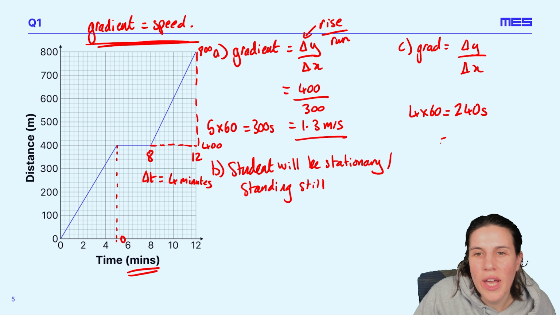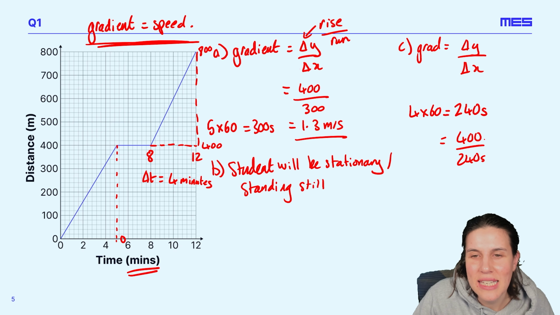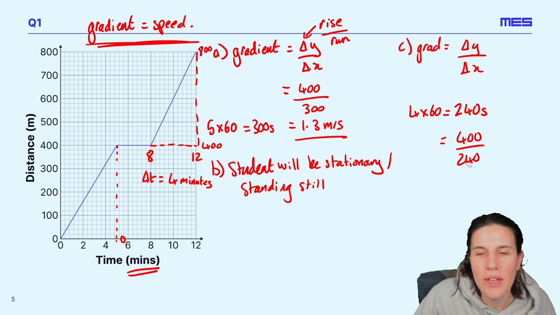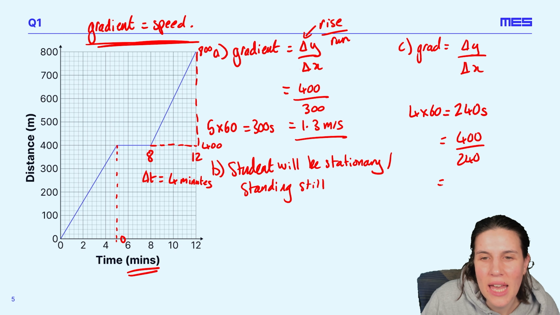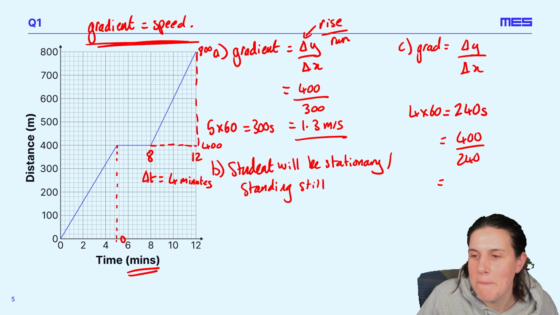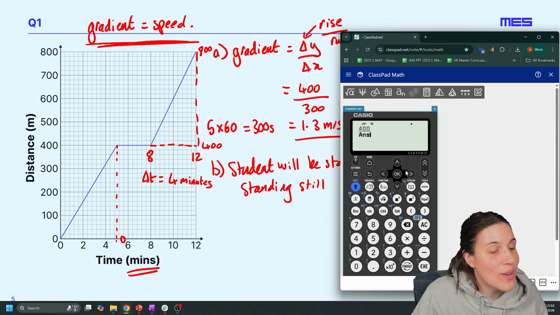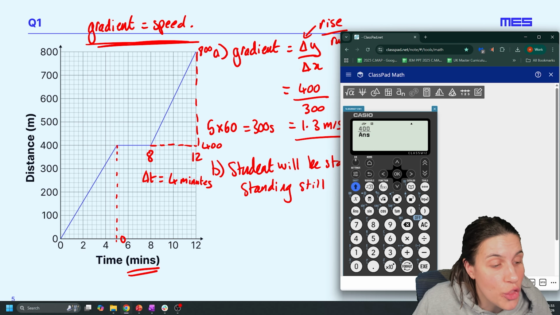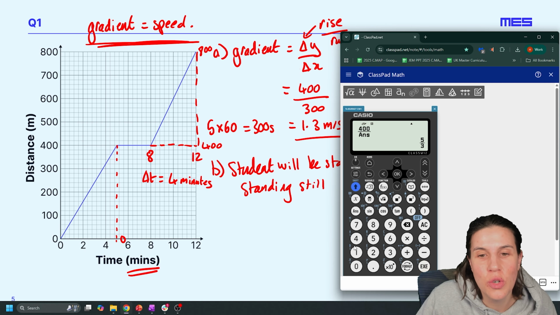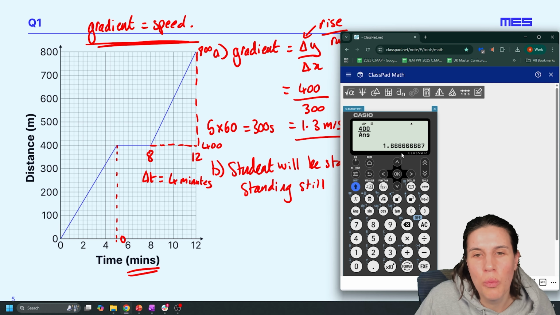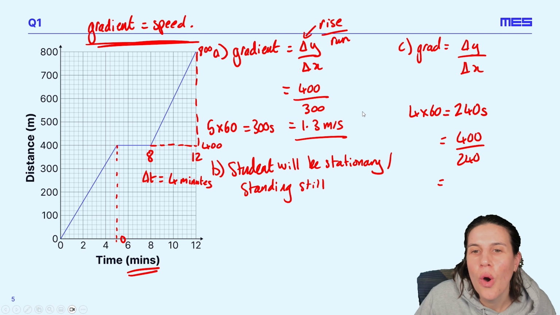So the change in y was 400 meters divided by 240 seconds. I don't need a unit there. I'm going to put these numbers into my calculator and that will give me my speed. So I'm going to do 400, and then I'm just going to use this answer button here because my calculator's got a memory, so it can store the numbers in its memory. So this is going to be 400 divided by 240, and that gives me an answer of 1.666 recurring, or